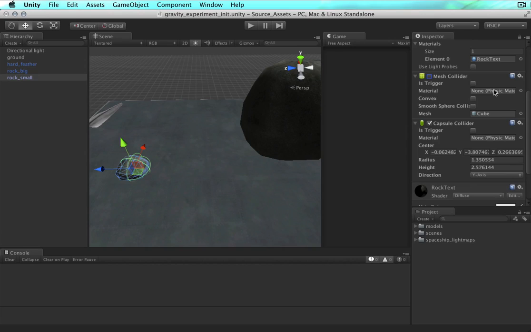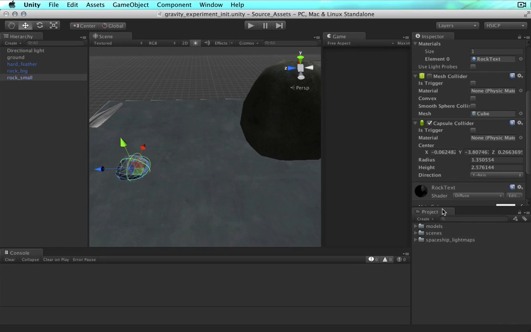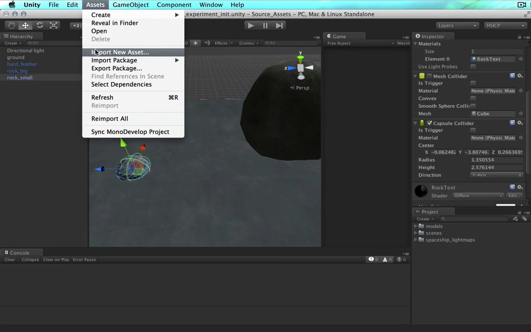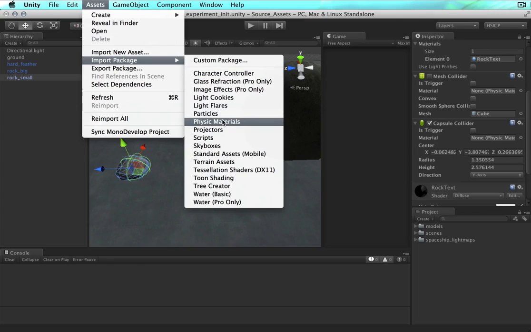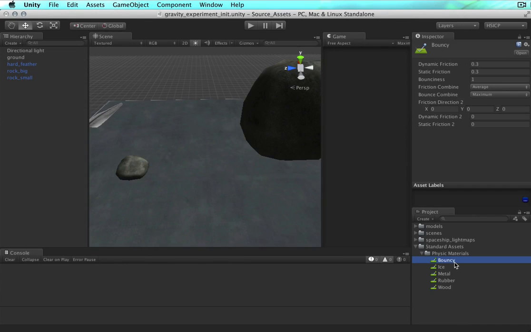And this is where physics materials come in. Now, while you can create your own just by going create, this is actually out of the view of the screen capture, but there's an option that says physics material. But since we're still exploring this concept, we can import a few example files. Unity provides us with those in the Physics Materials Unity package. I'm going to import all of them. Going through each option,